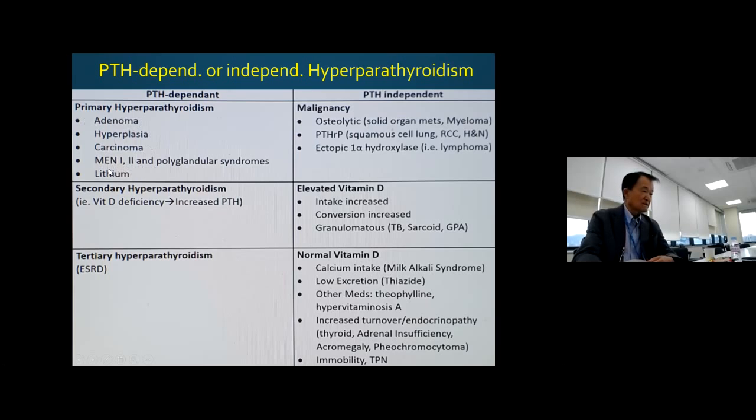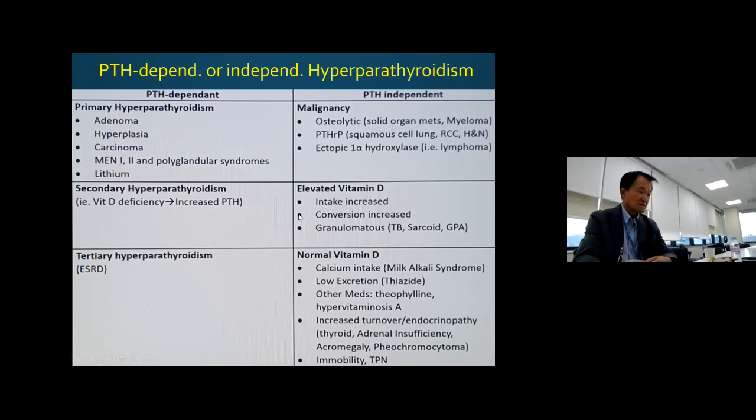So you have to rule out other multiple endocrine neoplasia or carcinoma or certain medications, including lithium, and certainly osteolytic malignancy, most commonly multiple myeloma. Okay, as I mentioned, squamous cell cancer, renal cell cancer, certain lymphoma. Those all can cause hypercalcemia, and then the parathyroid hormone may not be elevated.